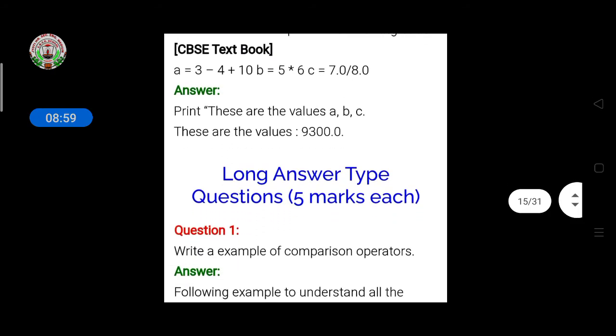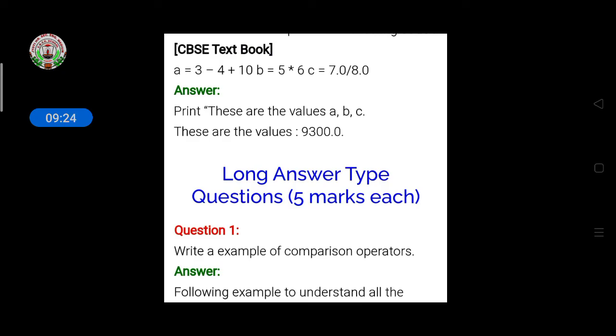Then students, afterwards I will discuss the long answer type questions this week. I will discuss only these questions, and you have to write all the question answers in your notebook. This Sunday I will send you this PDF as notes, and you write all the question answers in your notebook. Some more questions, and some programming questions also, I will share with you.